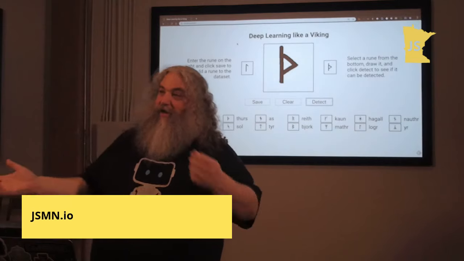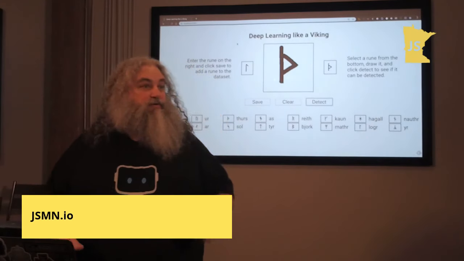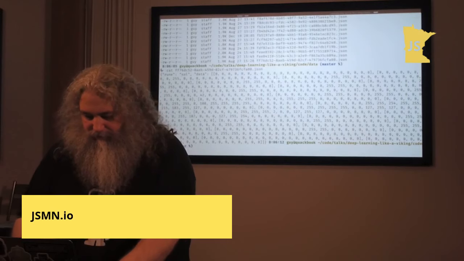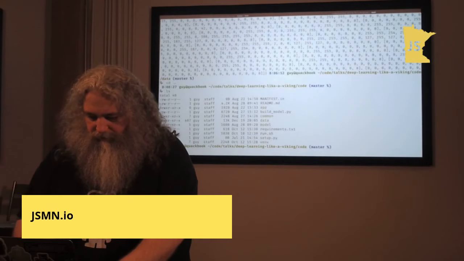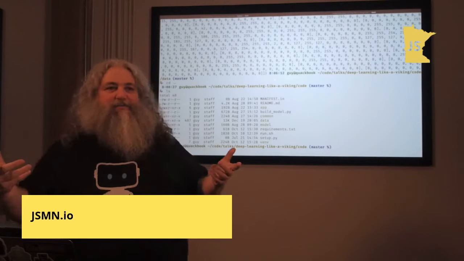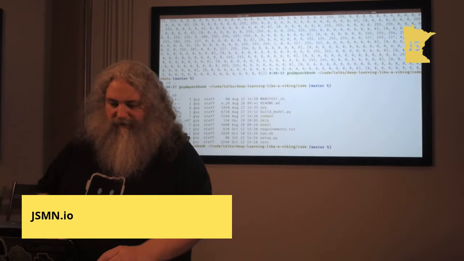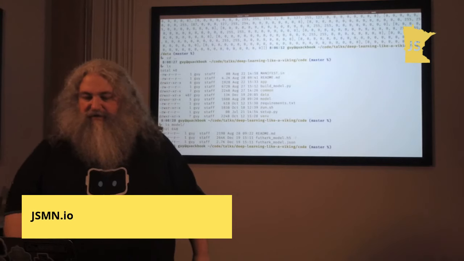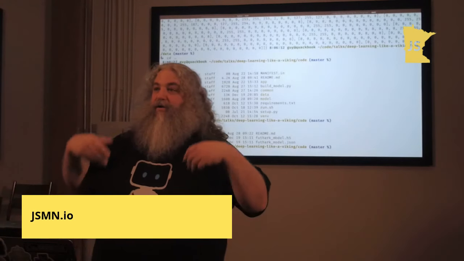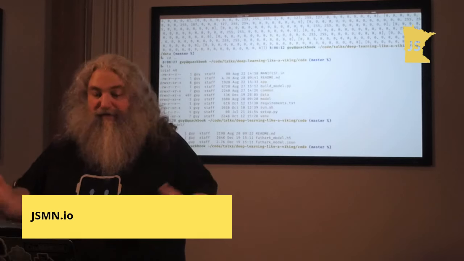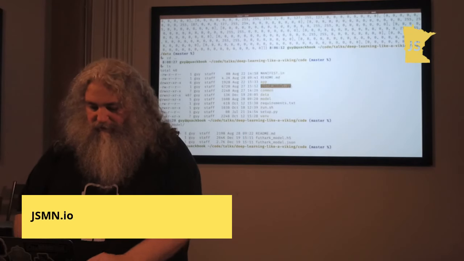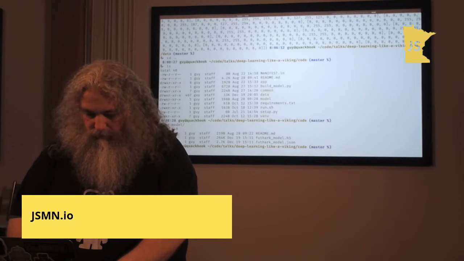So I did this with about 500 runes. It's actually pretty cool, right? So let's go ahead and build the model. I've got an existing model that's built. If we look in the model directory here, there's this futharkmodel.h5 and this futharkmodel.js. Those are the saved model files. And if I call this buildModel.py function right here, or if I run that,